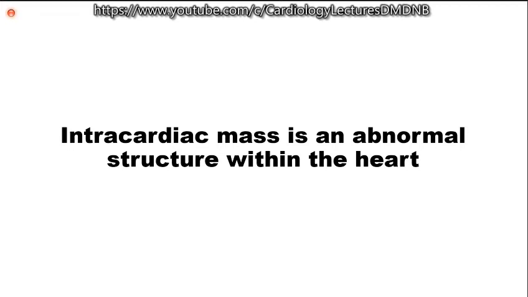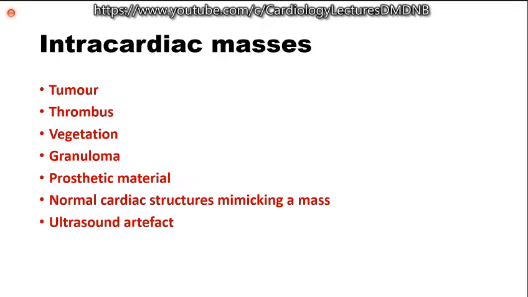So when you look for intracardiac masses, mostly it is tumor, thrombus, and vegetations. And then you look for structures which can mimic a tumor or a mass, which may be normally present. Let's look at a few things. So intracardiac masses include tumor, thrombus, vegetation, and granuloma. We forgot about granuloma. Tuberculosis sometimes can give rise to granulomas, which can be seen in the leaflets or projecting into the cavity.